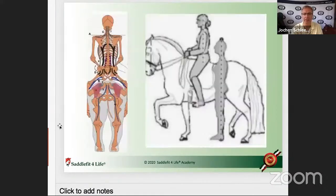Because in the end of the day, we want to bring our spine absolutely straight over the horse's spine. And we want to sit the way we stand, shoulder, hips, and heels. Okay. Only then we are gentle and soft to the horse. If we don't,